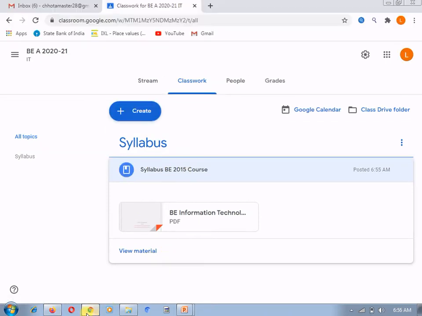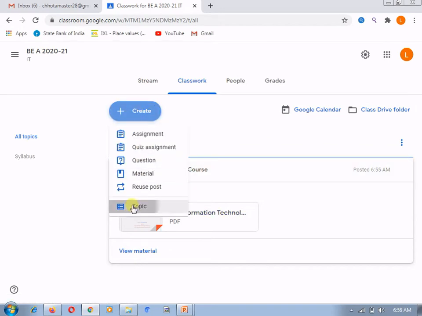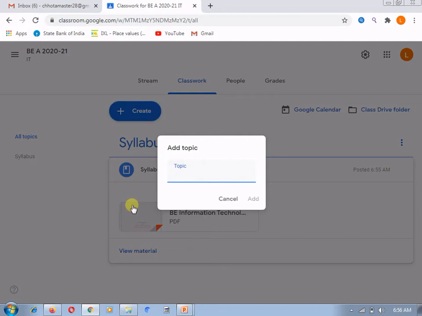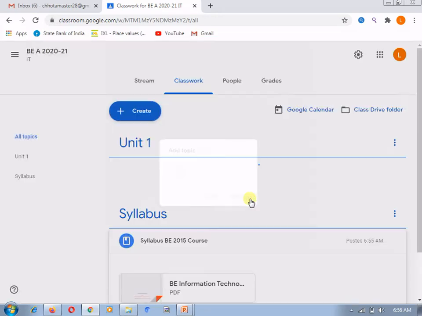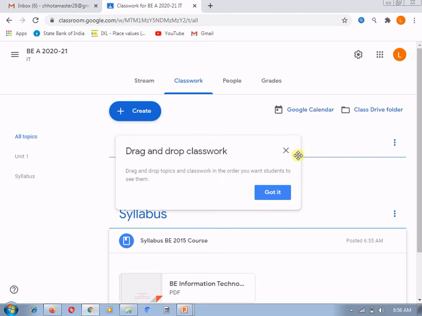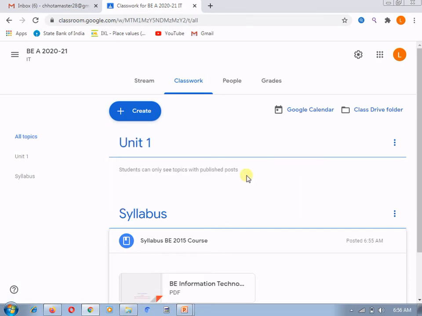Now let's move to the teacher again, and I am going to create one more topic, that is for unit 1. For example, I want to post the material under unit 1. So what I will do, I will add this topic. After adding this topic, you can drag and drop the topics in the classwork.